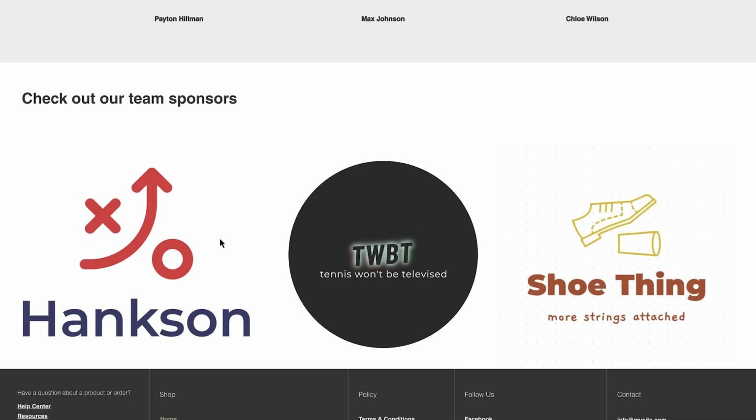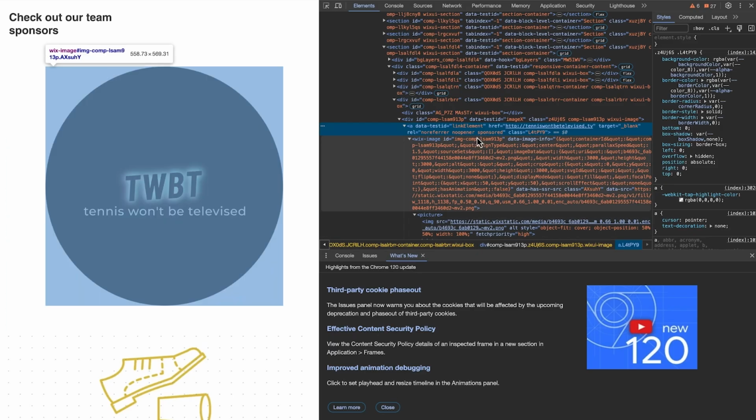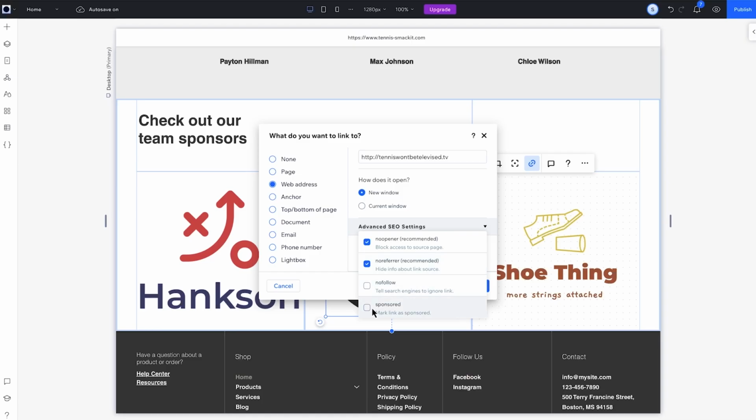The sponsored link attribute is used when someone pays me to link to their site. For example, if a website pays me to show their ad on my site and link to their homepage, I should add the sponsored link attribute to the link so Google understands my relationship with this company. According to Google, buying or selling links does not violate their policies, provided that they are accompanied by the sponsored